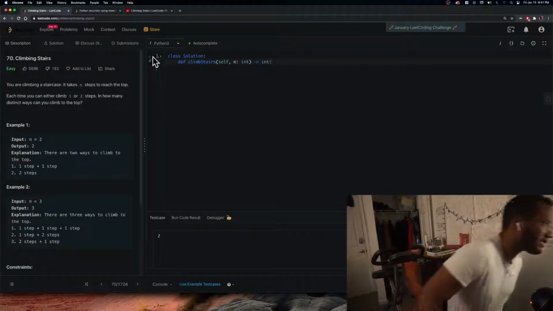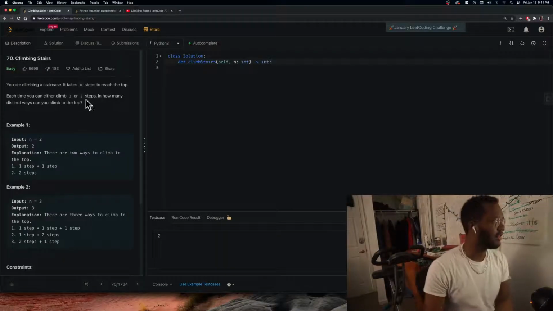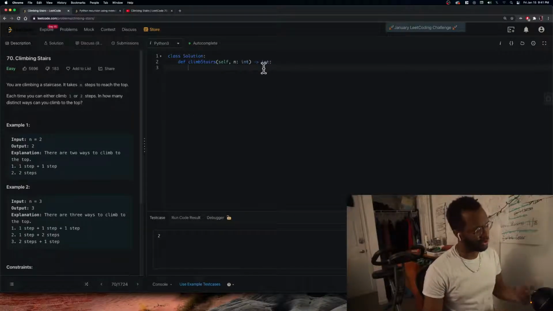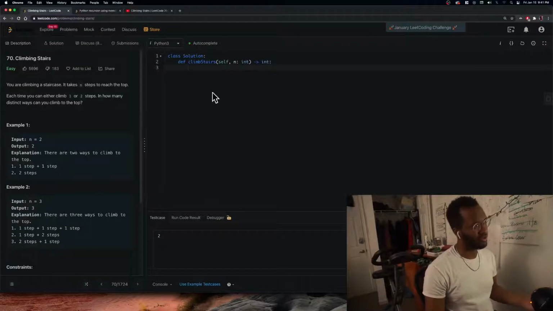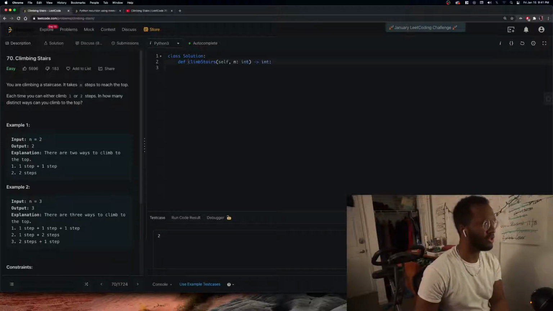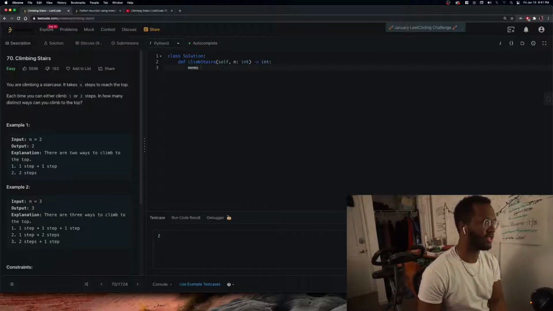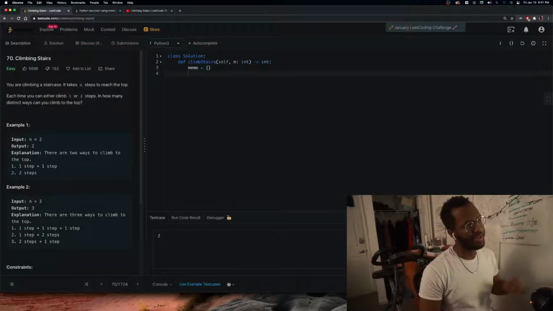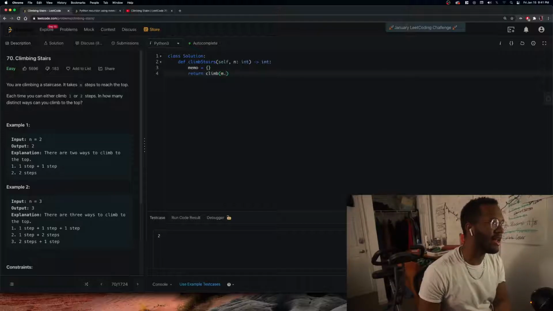It takes n steps to reach the top. Each time you can either climb 1 or 2 steps. How many distinct ways can you climb to the top? Well, I'm going to show you bottom up and top down. And since the example we drew was top down, we're going to do that. So first we're going to define our memo. And this is just going to be a dictionary holding the index to how many different ways you can get to 0 from that number or index, right? And then we're just going to return climb n